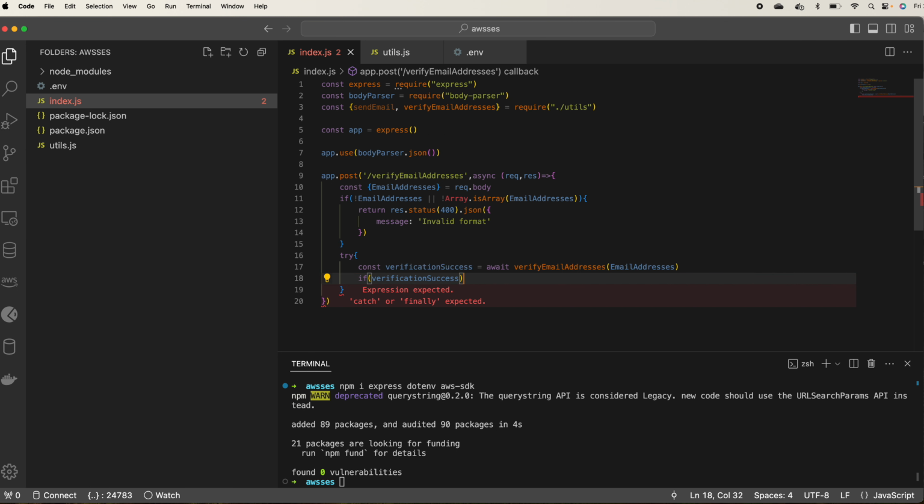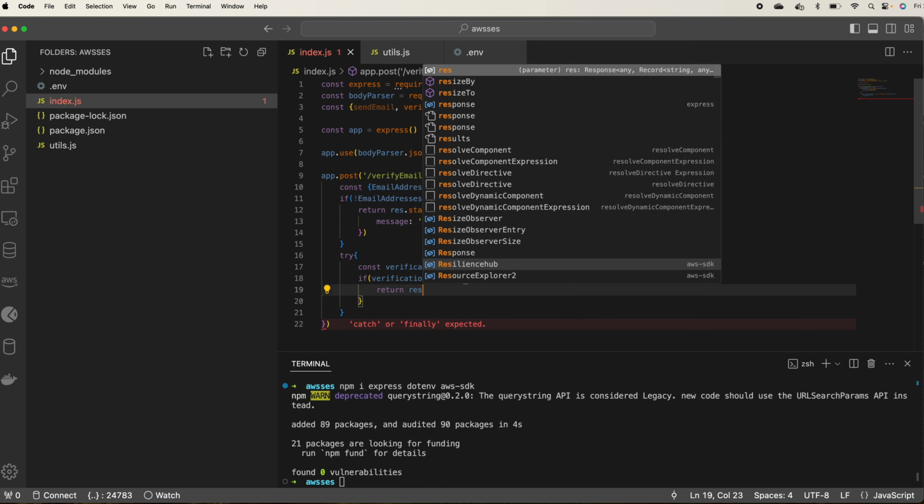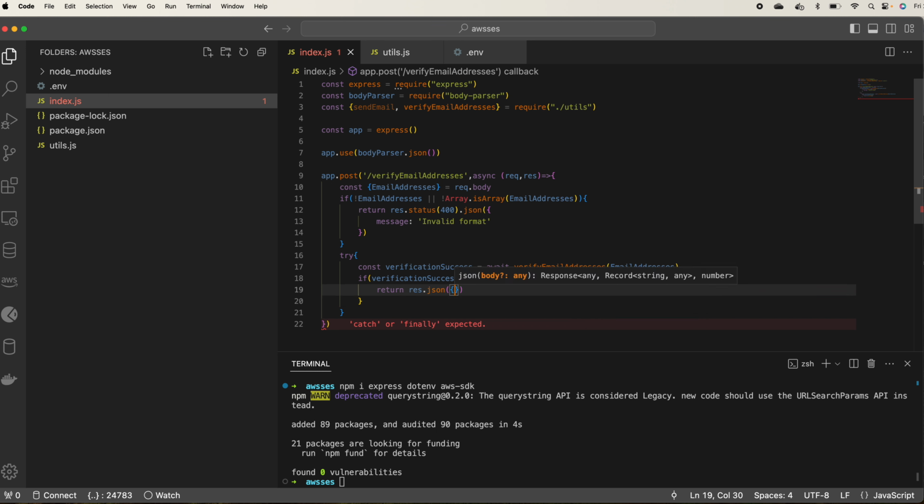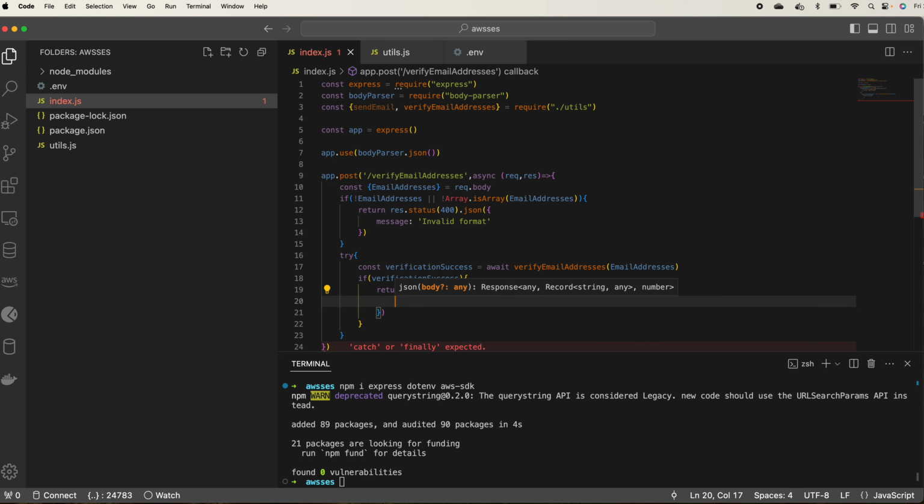If everything goes well in the verification success, all I'll have to do is return a message, and that return will be res.json. You can use a status, whatever you want, like email verified successfully, or something like that, or